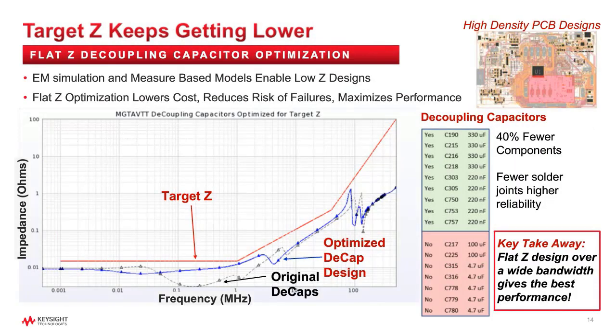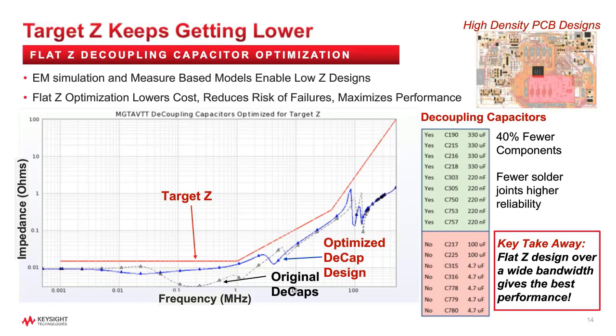Power integrity engineers make use of target impedance to design the power delivery across a broad frequency range. This target impedance is a simple estimate using the maximum allowed ripple divided by the maximum expected current step load. In this FPGA example, 60 millivolt ripple divided by 5 amps gives a target impedance of 12 milliohms.